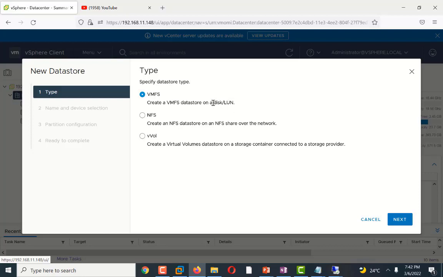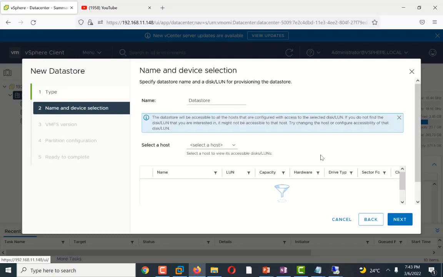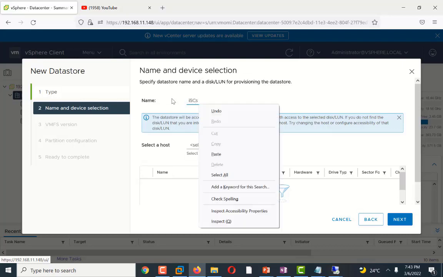I give any user friendly name. So I call it iSCSI target, and select the host I will bind this data store on.